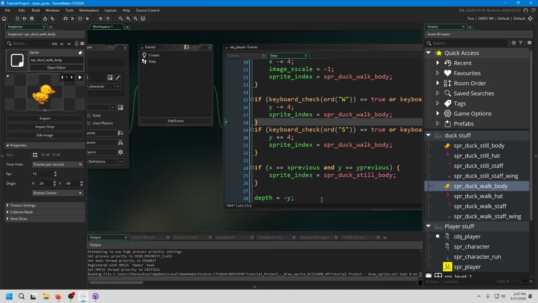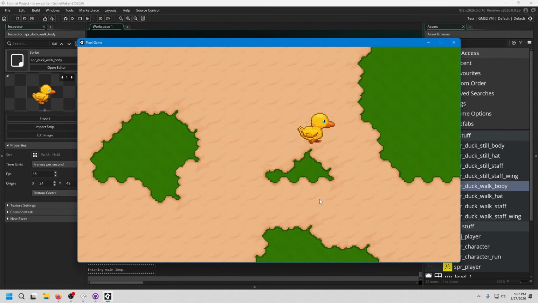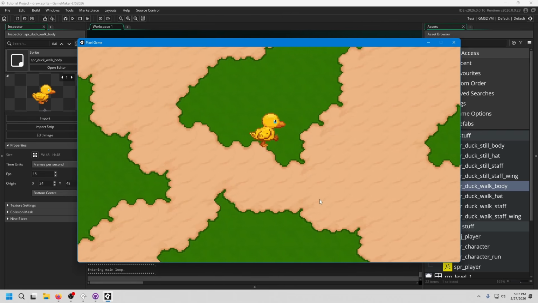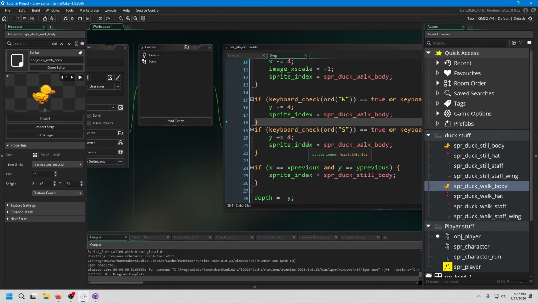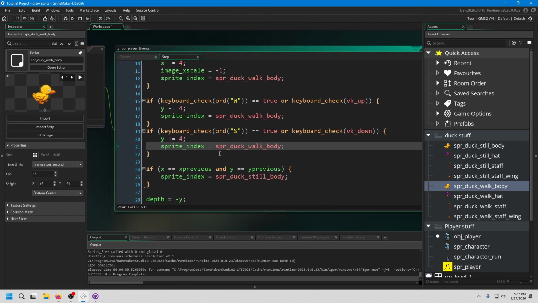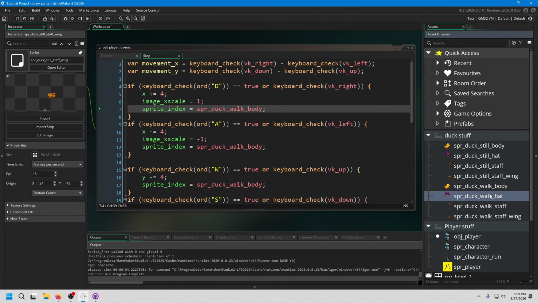Yes, let's restart the game. Now we have a duck who is going to walk around with a very funny looking walk cycle, and he can turn around when you go left and right, but we don't have any of these extra layers visible yet. So now, because I want different sprites when you're walking and when you're still, for the hat, the staff,